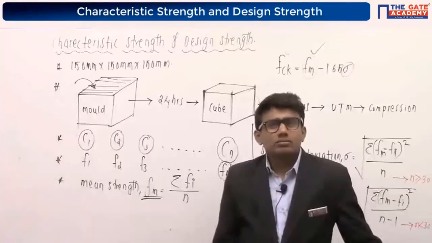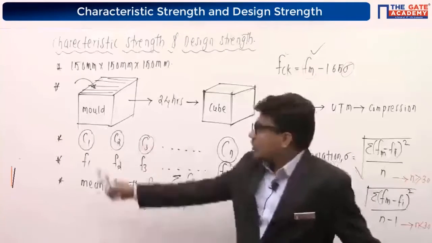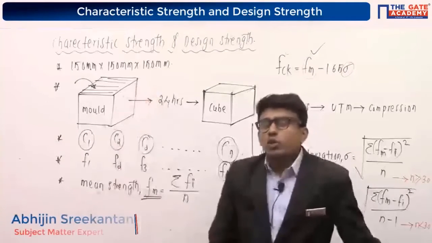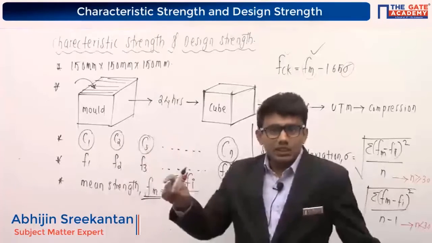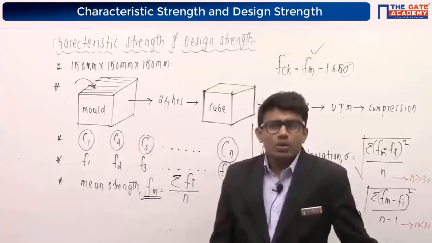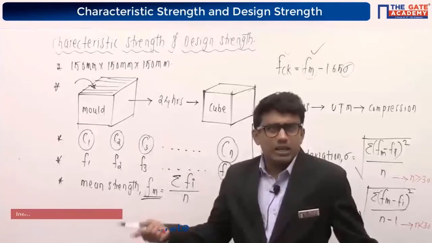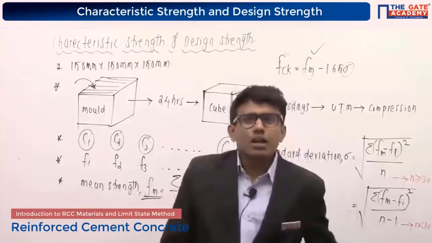I think you are talking about the cube size. Sorry, it's 150 mm. It's actually important. What is the size of the cube used for the characteristic compressive strength of the concrete? The size of the cube we are using is 150 mm by 150 mm by 150 mm, or 15 centimeter by 15 centimeter by 15 centimeter. Okay. Srikanth, is it clear?